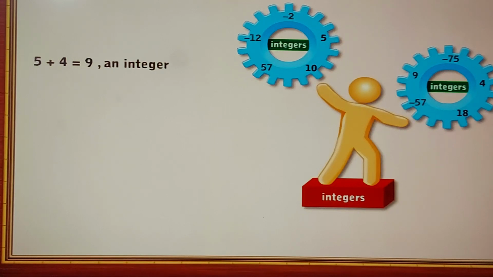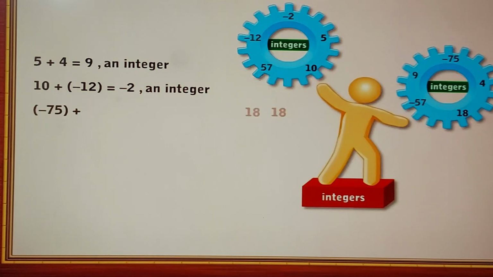Remember all this. Now, if we add 10 and minus 12, we get minus 2, which is also an integer. On adding minus 75 and 18, we get minus 57, which is also an integer. Since addition of integers gives integers,